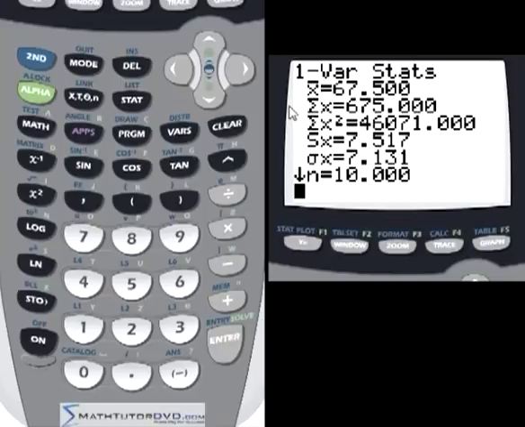The next line is the sum of the x values. So if you would just add them all up, and you can see that these two look close, because if I were to take this number and divide by 10, because I had 10 days, I get the average value. But this is just adding up all the values. This is the sum of the squares. So if I took every one of those temperatures and squared it, and then added them all up, I would get this number here. The reason the calculator gives you these is because when you're doing certain